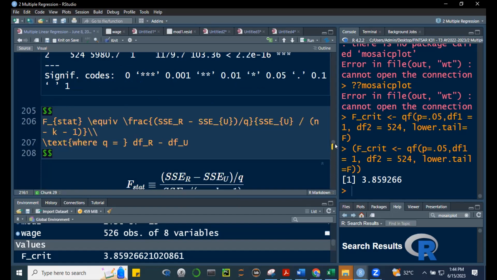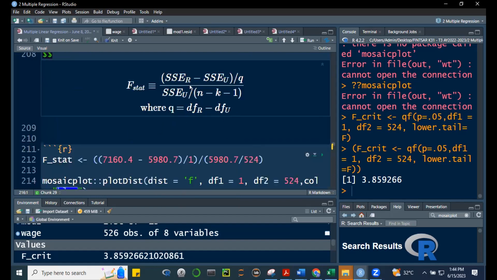Okay, so based on this formula, of course, class, SSE, sum of the squares of your errors of your restricted, will always be higher than your SSE unrestricted. Kasi yung restricted natin, mas konti yung predictors niya. Okay, therefore, mas konti yung explanatory power niya, no? Mas konti yung ma-explain na model natin yan. That's why always your restricted SSE will be higher than your SSE unrestricted. Okay, so